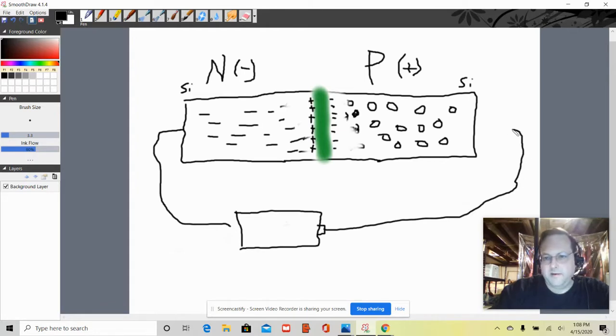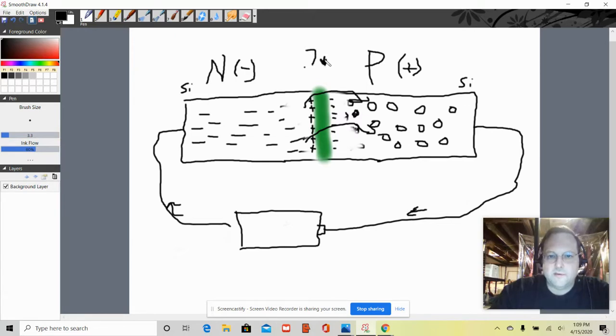I'm using a battery just because it's easy. This could be an AC power supply, it wouldn't matter. If I apply a battery like this, where the electrons are moving like that, I'm pushing more electrons into here. These electrons build up pressure, and then they finally get enough pressure where they're able to jump and go over. That pressure is equal to 0.7